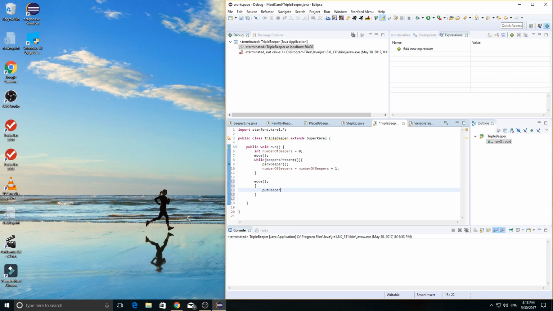Pick beeper, put beeper, and you want to run it many times. Yeah. How many times? 15. Number of beepers times 3. So here is that times 3. So this is triple beeper, and then you can actually move out of the way so you can actually show